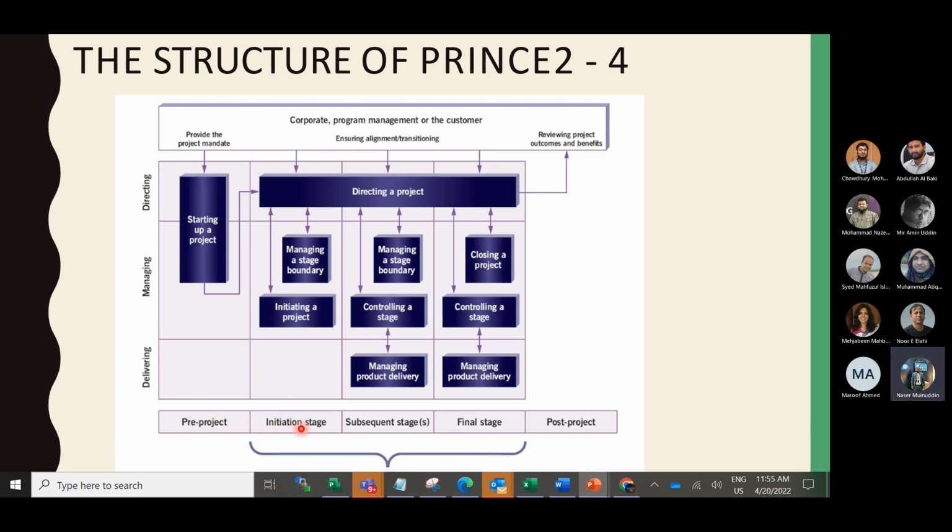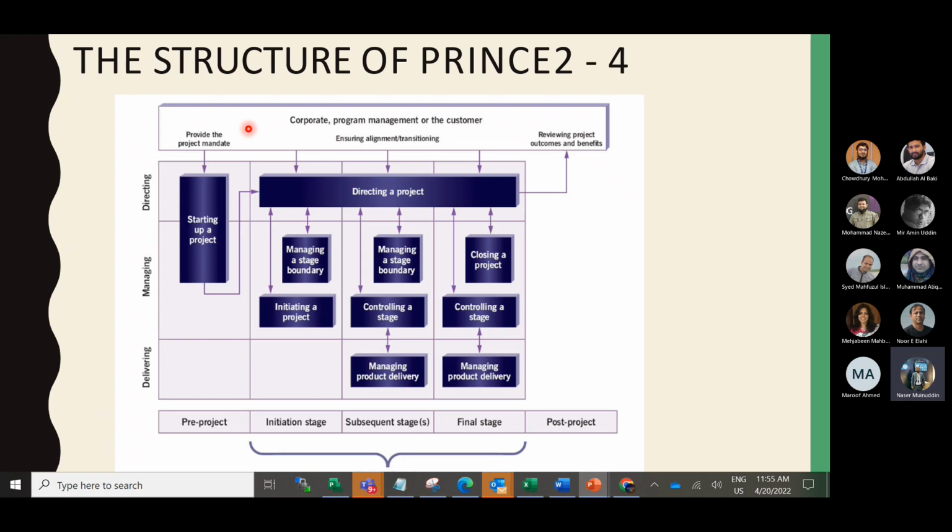Then the next stage is initiating a project, then the subsequent stages, and then the final stage. After the project is complete comes the post-project. Here, the governing board, earlier called the corporate program management of the customer, is called CPC.